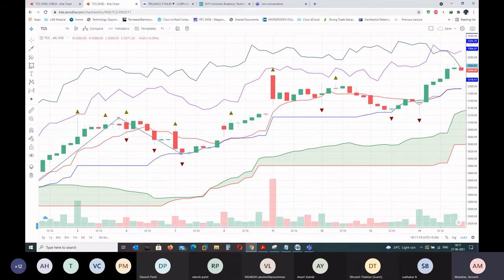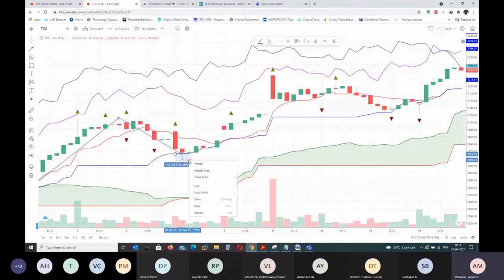So let's suppose you entered here, exactly. Now let's suppose this candle closed here. If the candle closed here, you put a stop loss somewhere below the low, somewhere around here. If it got triggered also, your stop loss amount was 0.5% only. So even though the trade didn't work out, you lost only 0.58%.